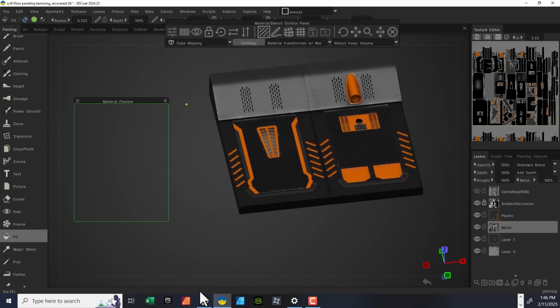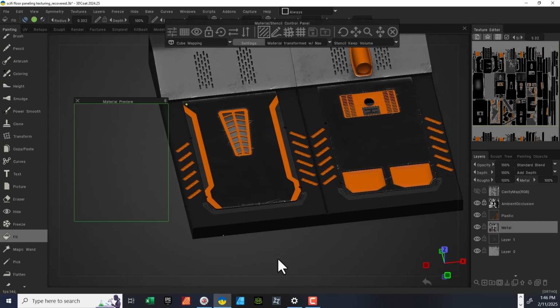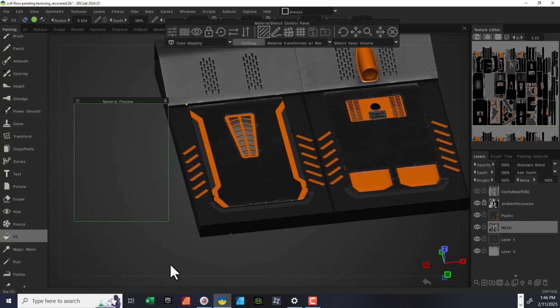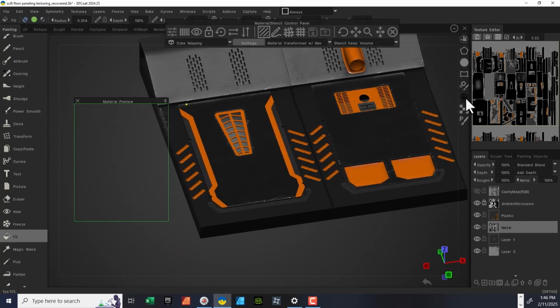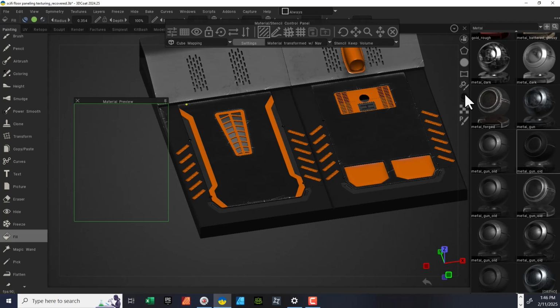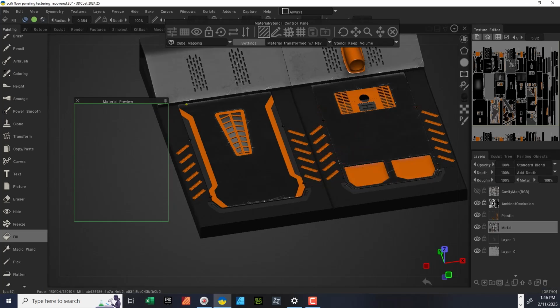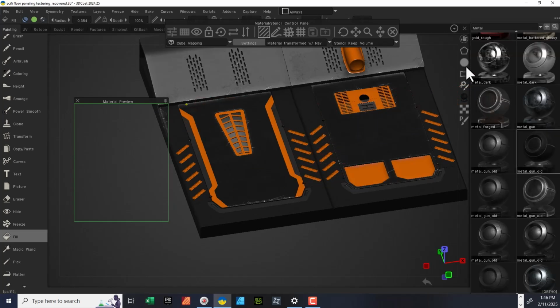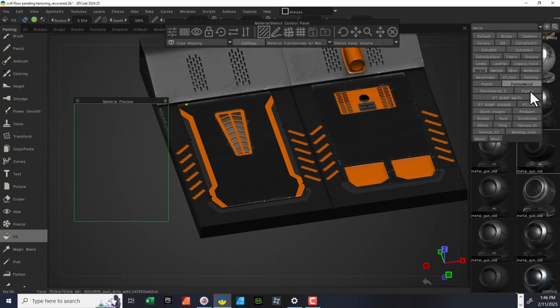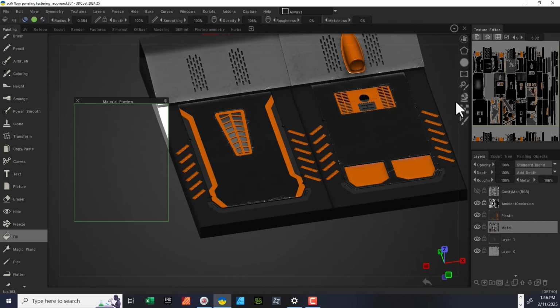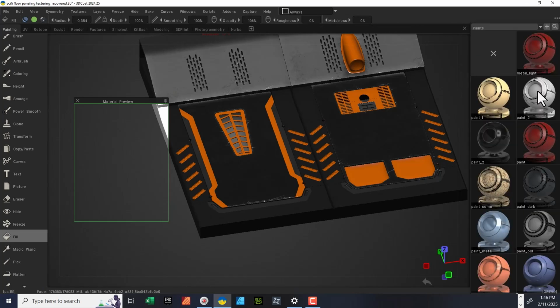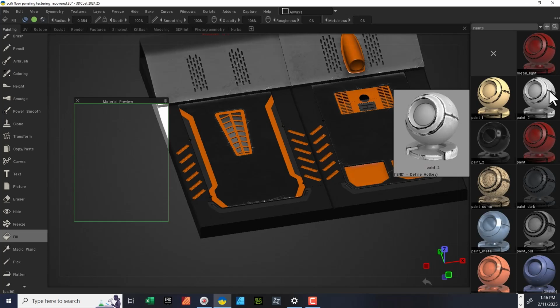So now I thought I would do the exact opposite and just add a little bit more variation to this and show you how quickly it is to rework this, right? So I'm going to fast forward some of this, but I'm going to go with a white painted metal. I think that would look really cool with the orange. I'm going to keep the orange alone. So I'm going to go over to metal and then go to paints and see what we have in here. And here we definitely have a white paint. So if I select this,